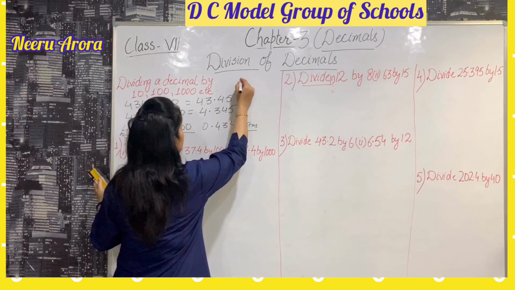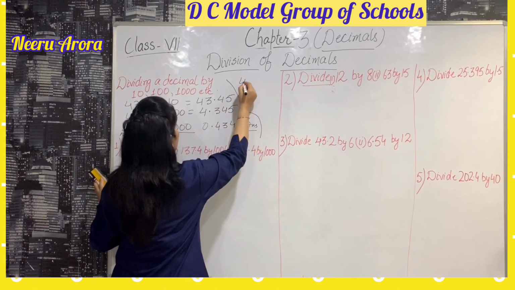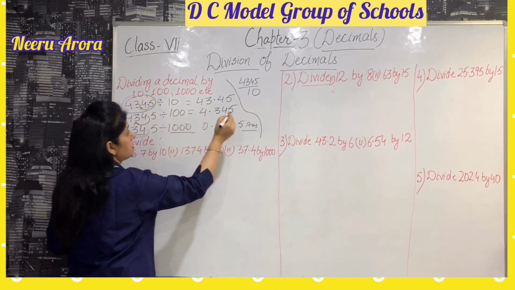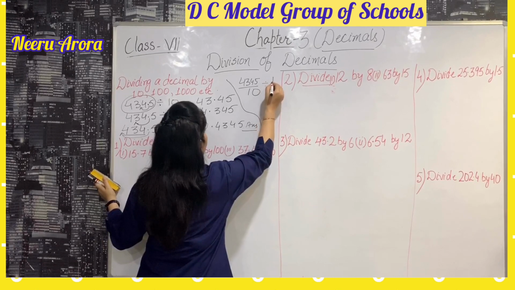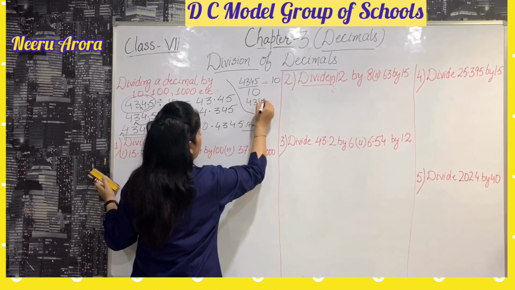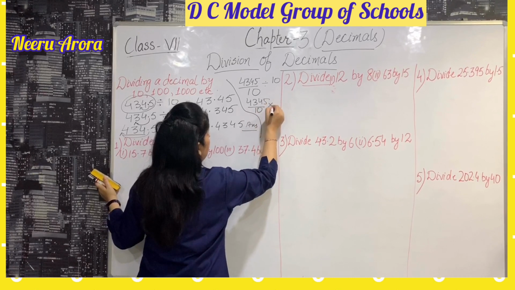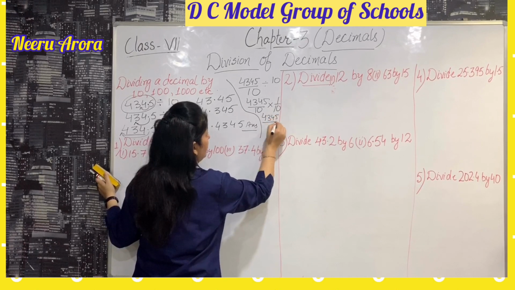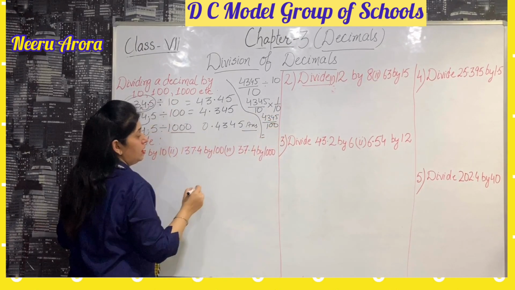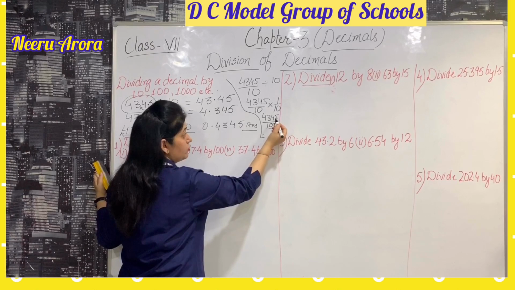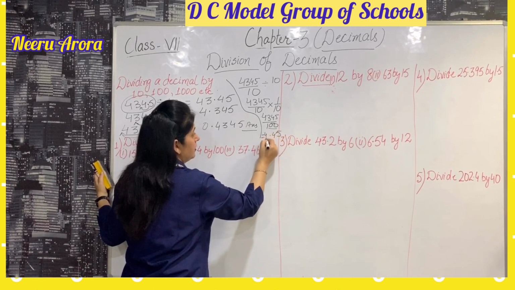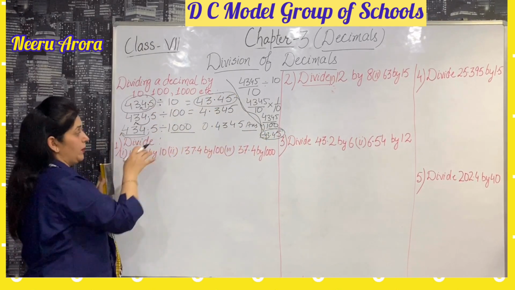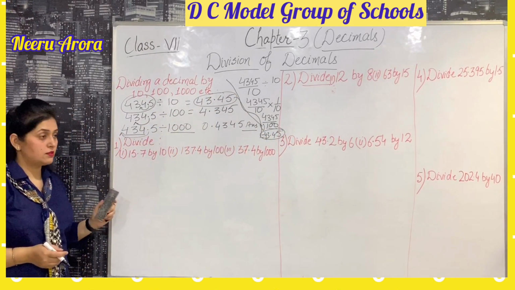If we don't want to do it in this way, we can do it in another way also. Just remove the decimal first. What comes in the denominator? 10. Divided by 10. So as we have done division in fractions, we will reciprocate the second number. So we have 4345 by 100. Again back to the decimal. Here there are 2 digits, so we will leave 2 digits from the right. So see, the answer is the same. This answer and this answer are the same. This is the quick way. Now let's solve sums.